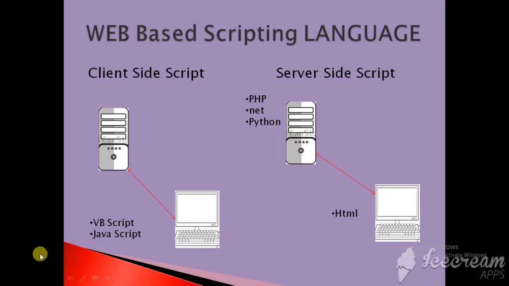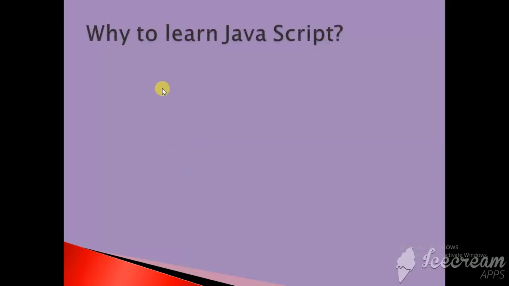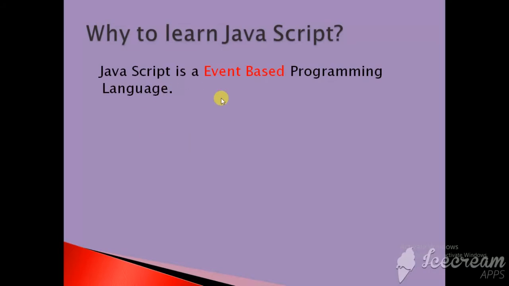Today we are going on to JavaScript, which is one of the client scripting languages. Why we use JavaScript and what the benefit of JavaScript is, we will be seeing on the next slide. Now see here, why learn JavaScript? I'm just putting the mouse and clicking on my button. That's what you are seeing, one by one things are getting loaded. This is because I'm clicking the mouse, that is the mouse event we are giving.